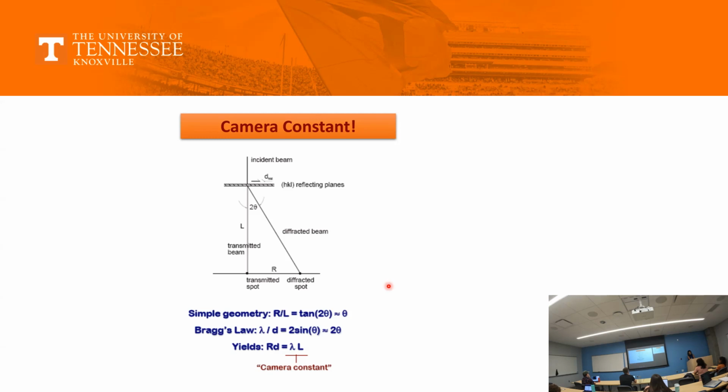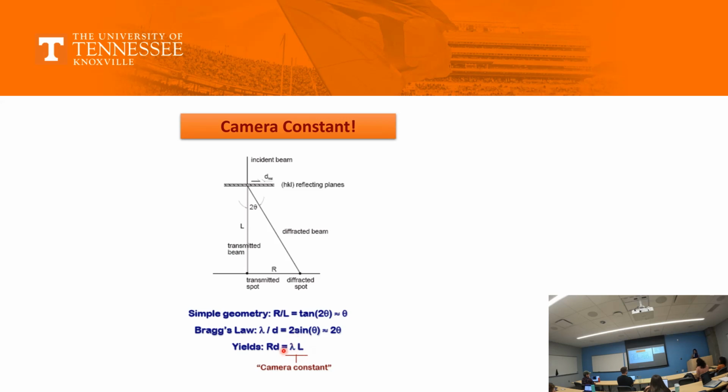So what happens is, you have an incident beam, you form a transmitted spot, you form a diffracted spot, and from the simple geometry here, R by L is tan theta, which can be reduced to theta for smaller angles. Then Bragg's law is n lambda equals 2d sine theta. And finally, R times d comes out to be lambda times L, simple mathematics. And this lambda L is your camera constant,